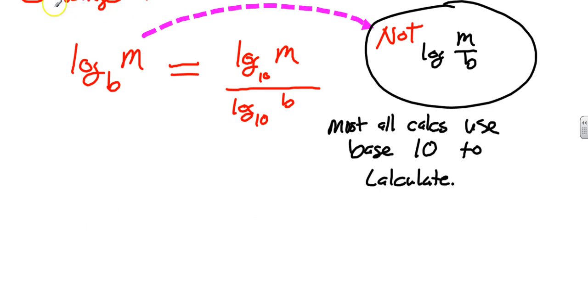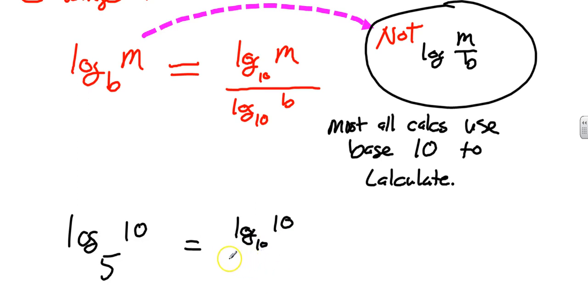So if you get a problem, here's what we're throwing at you. Let's say this is log base 5 of 10. If this were base 10, we know this answer would be 1. But if the base is anything other than 10, we don't know what that answer is. So here's what it says: you can take log of 10, base 10,